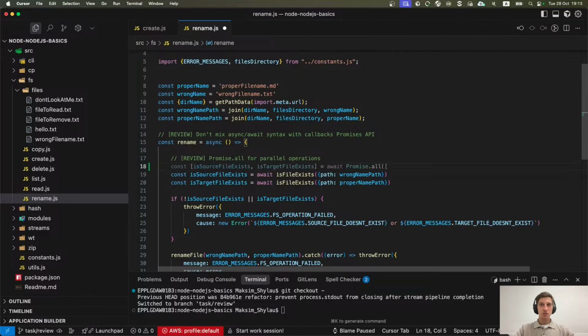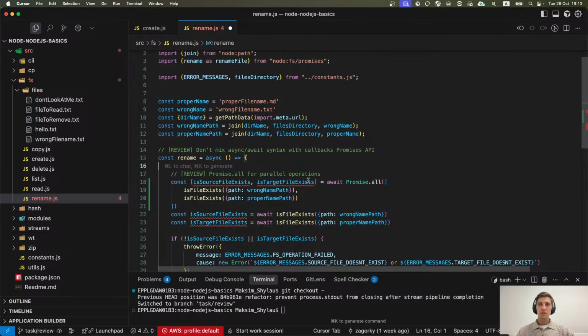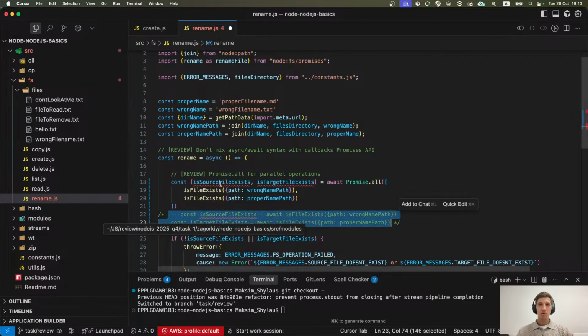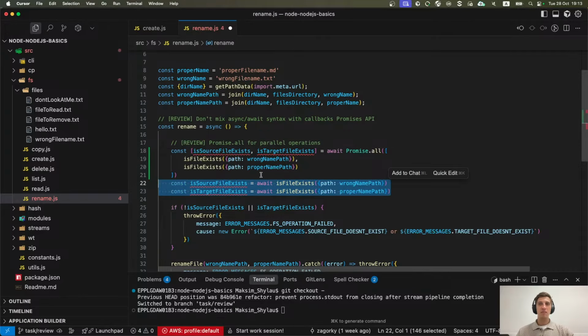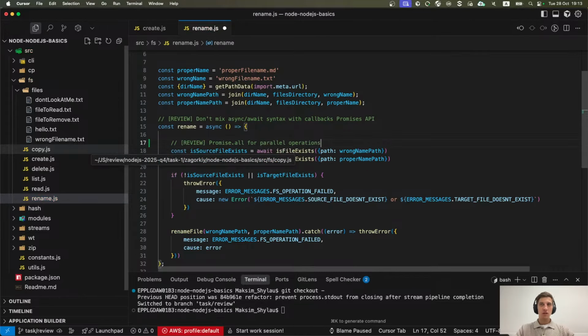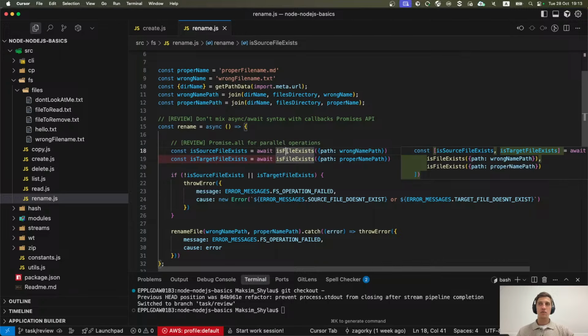So if we want to check both, we can do it in parallel. We can just wrap them in Promise.all, and these two operations will be executed at the same time. In this implementation, we wait for the first operation to complete successfully before we move forward, so we don't need that.